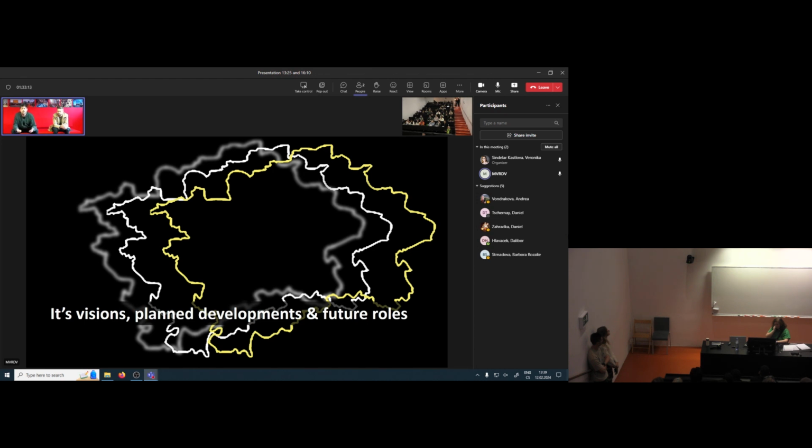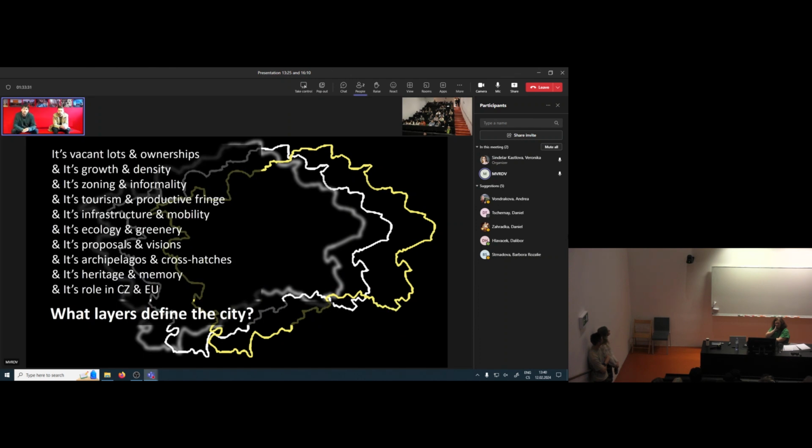And of course, how we can understand, in such research, the impact of visions, whether they manifested in reality or not, the platform of discussion on current planned developments, and of course outlooks into all possible futures of the city, where there are many. What layers then define the city, and how can we work in groups? How can we unpack this complex construct into individual aspects that we can understand? This is an initial list that's already long. We will all be curious to see, as we develop with the participants of the studio, which of these elements are interesting. Maybe there are more, maybe some of these can be ignored, so it's a non-exhaustive list.